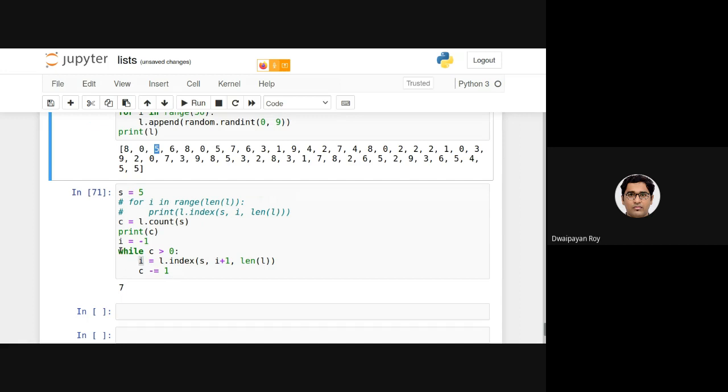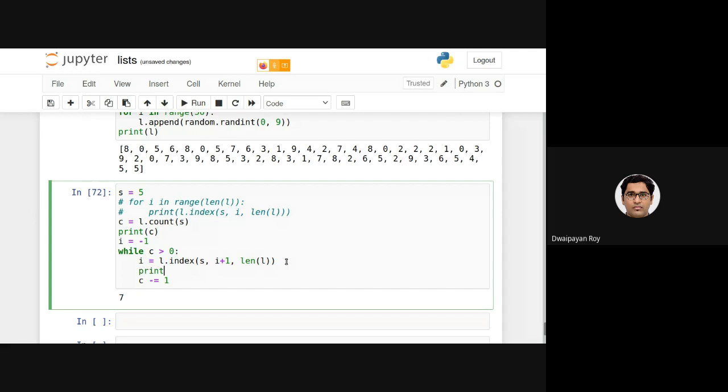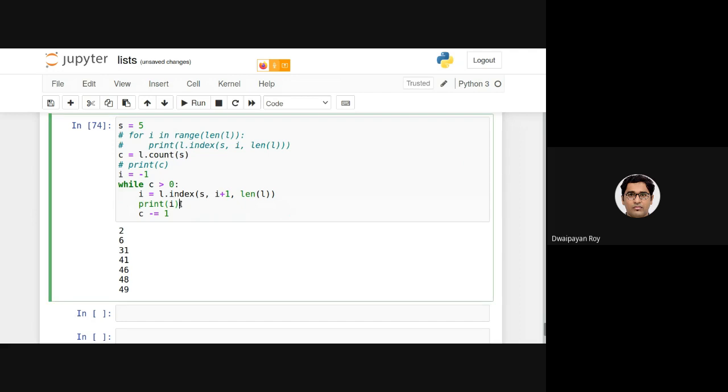Then in the next iteration, I am starting my search from 3. Now, if I execute it, print i as well. Let's make it more formal: 5 is present in location.